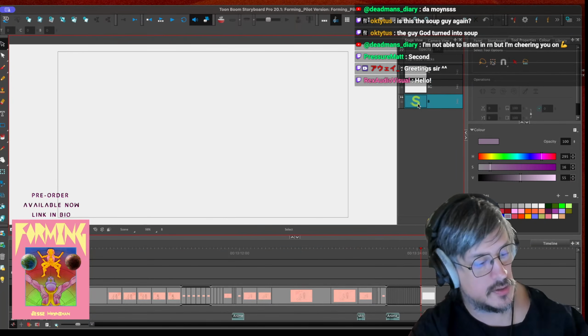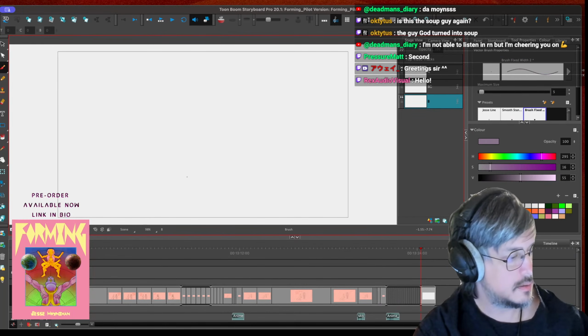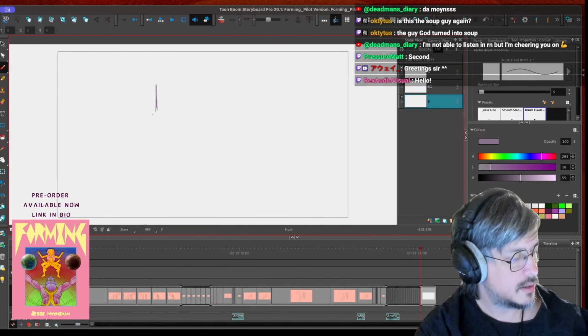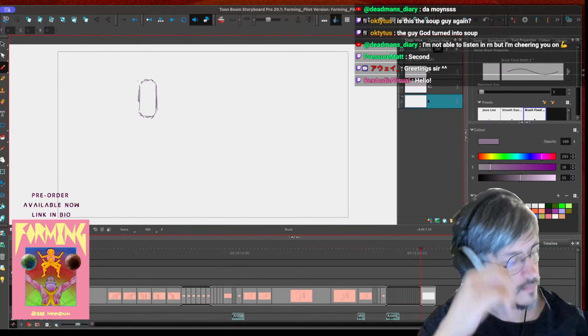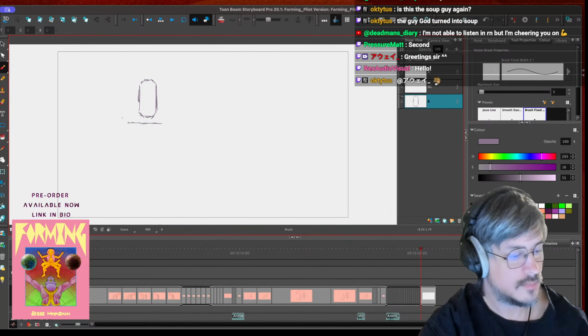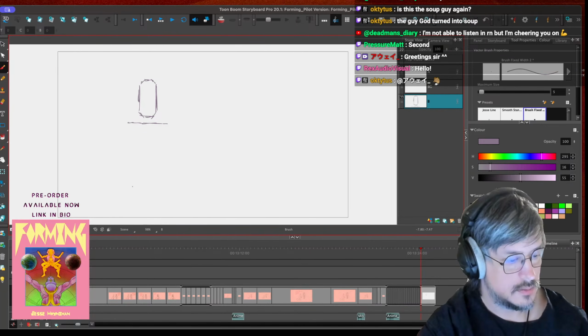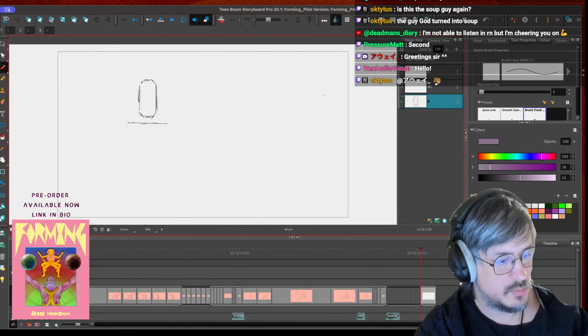I'll make a rough layer, and then the elevator's gonna land here basically, back here. A wall. Okay. Maybe there's a big switchboard or something.